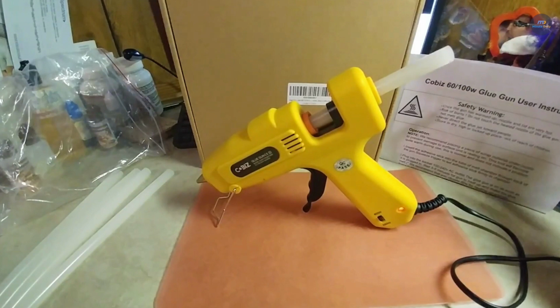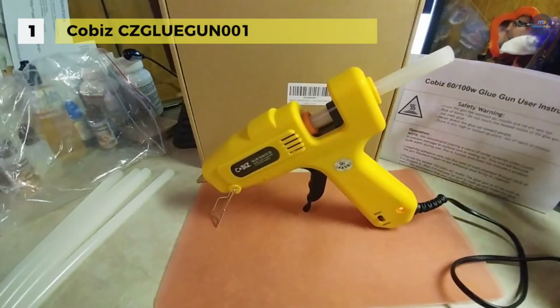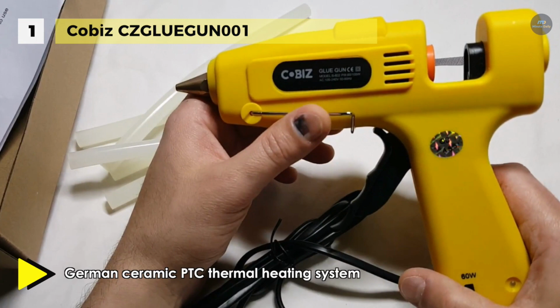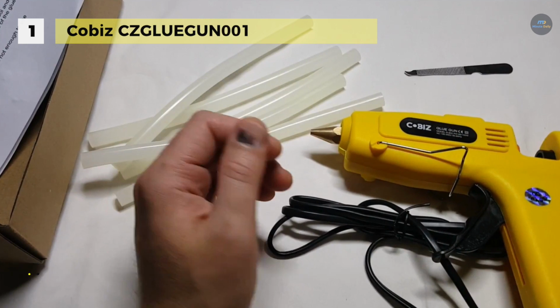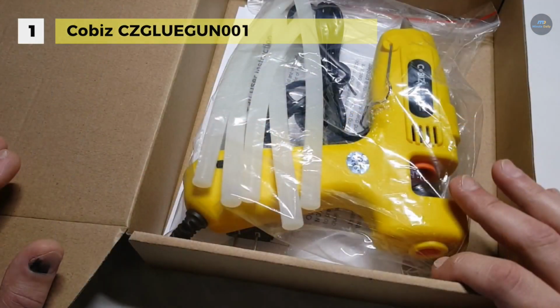Number 1 is the Copis CZ Glue Gun 001. It's at first place among the list of the best glue guns. It comes with a German ceramic PTC thermal heating system to ensure 1 to 3 minutes of fast preheating. Also, it's got a unique dual power design, which makes it universal for arts and crafts, and offers an ergonomic